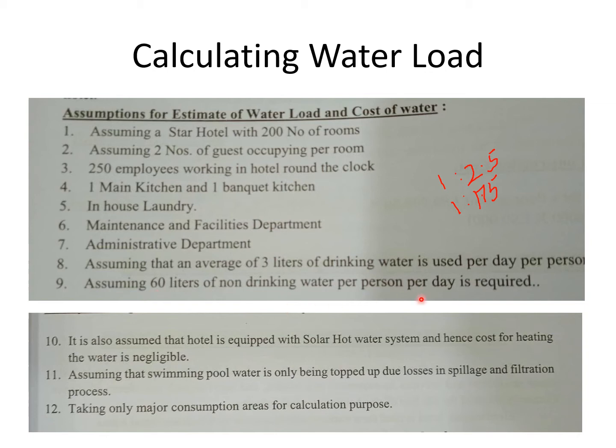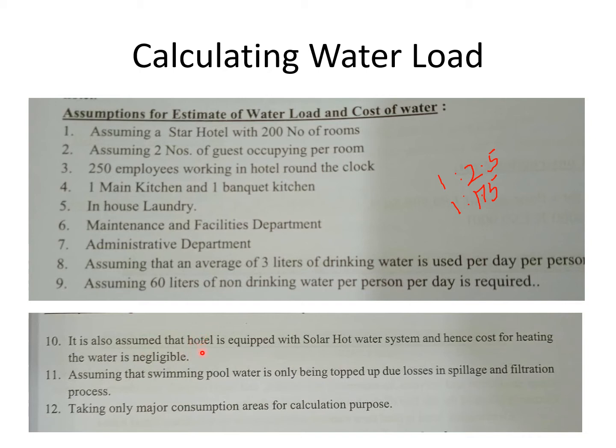It might be actually a little more than that, depending on the kind of usage. Again it depends on the toiletries, the toilet attachments, the shower fittings, tap fittings, etc. These would determine the kind of water requirement. There is energy saving mechanism also in place, like you have a solar heated hot water system. That is just a general assumption given over here.